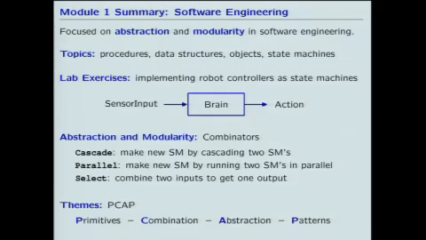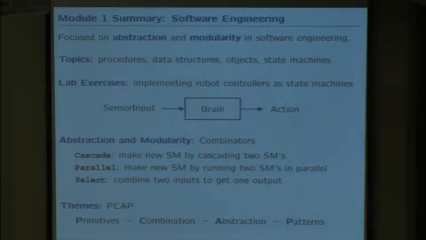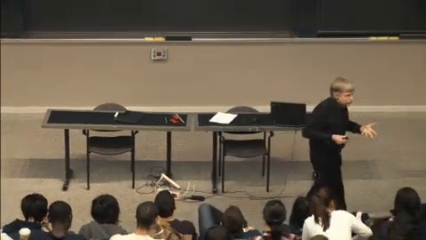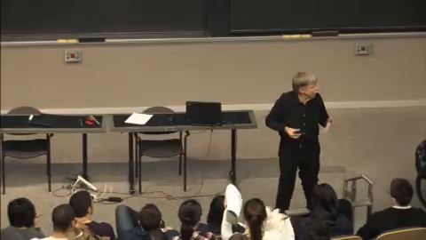More importantly, perhaps, we didn't just learn how to program. We focused on how to program in a fashion that would let us construct complicated systems out of simpler systems. This is a way that we can manage complexity. This is the only possible way that we can make complicated systems. So that was the more important intellectual theme from the first part, where we introduced our mantra, PCAP. Primitives, means of combination, abstraction, and identifying patterns. That's the key to this modular approach to hierarchical design.